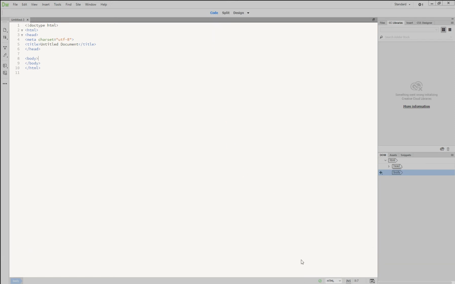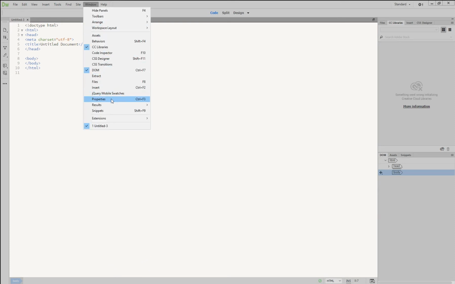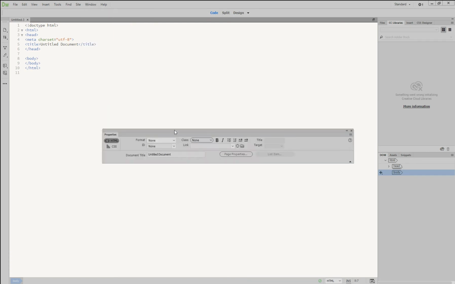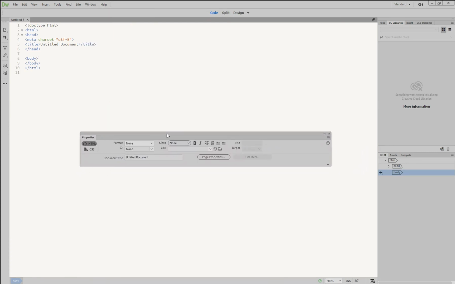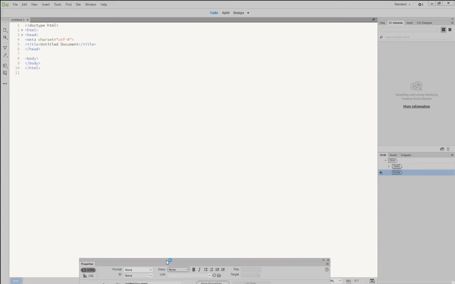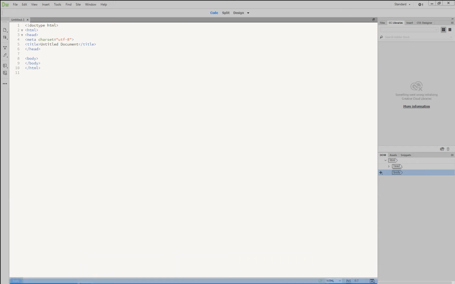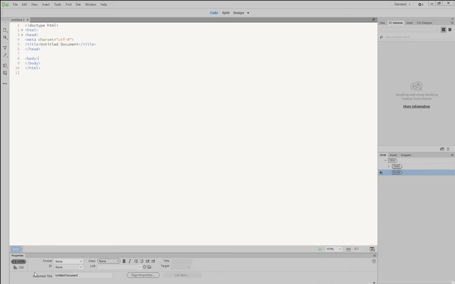which normally sits down here where we do a lot of modification to various things. So what we're going to do is go straight up here to Window and then check the properties option here like this. So you get this dock, and then what you can do is drag it down to the very bottom until you see the little blue lines pop up, and then release, and that'll dock it to the bottom